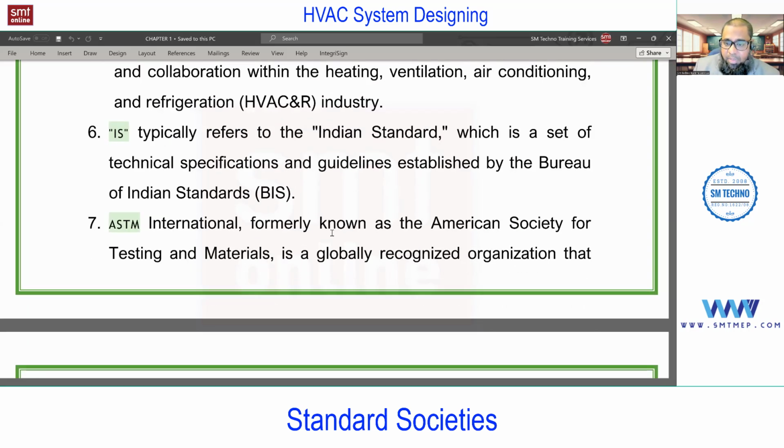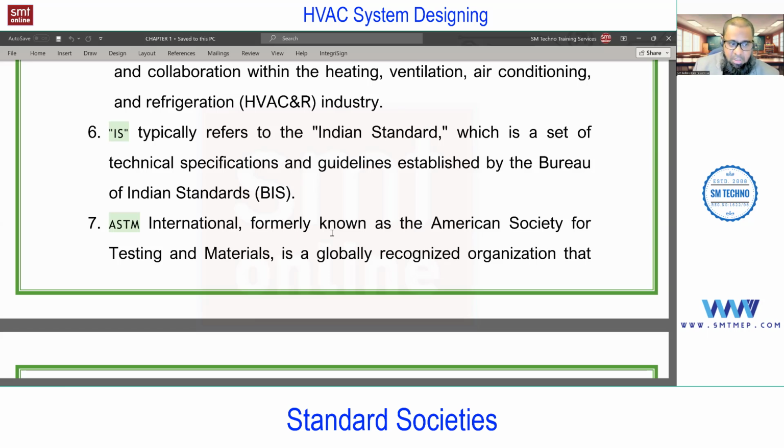When you talk about materials, ASTM will come into the picture. For example, to fabricate and install the duct, we are using GI. Similarly, copper piping is used for the refrigerant side, and for chilled water pipe, we are using black steel. Not only in HVAC, if you talk about plumbing, firefighting, electrical, or even piping or other fields, when you talk about the material, we'll use the same standard, the ASTM standard.